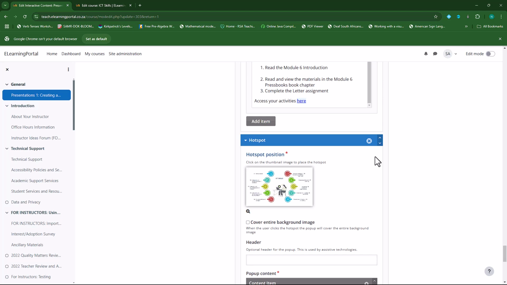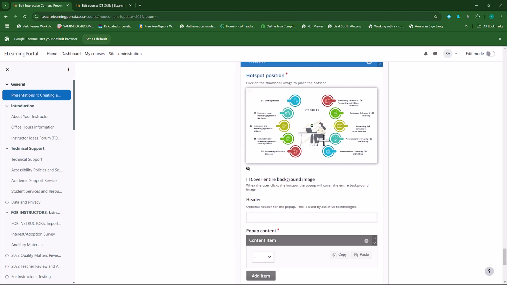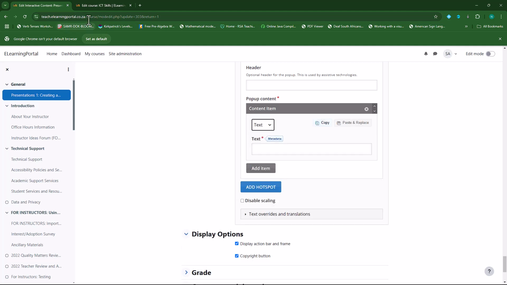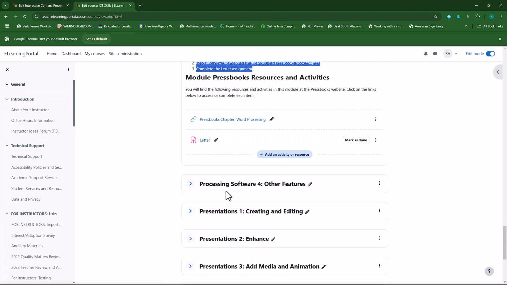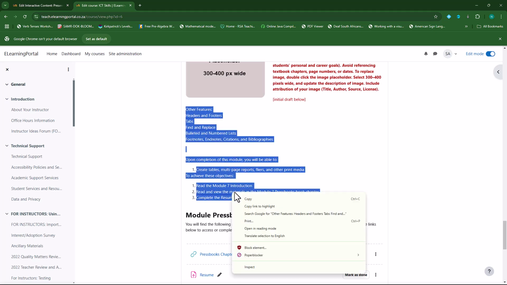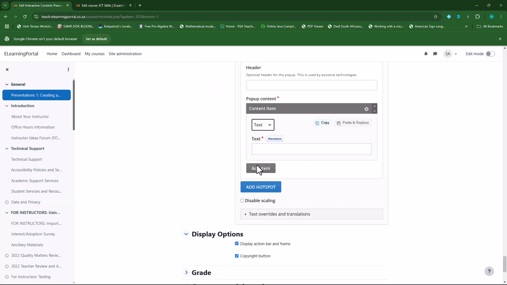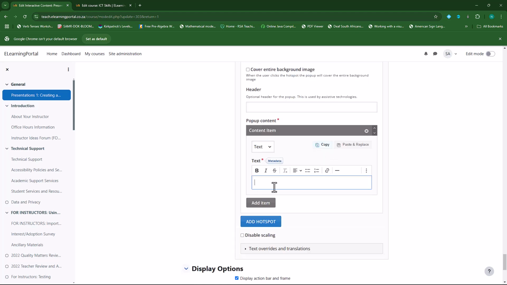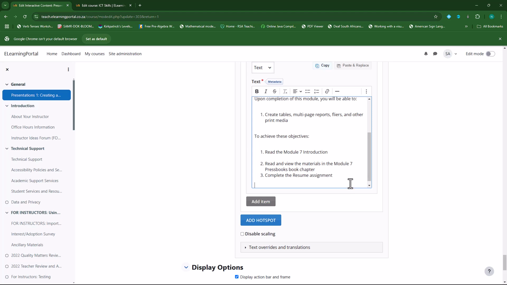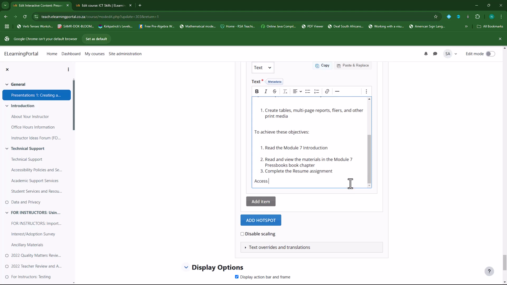And then we add our 8th one. Let's just increase the size there. I'll add it there, and then there's our 8th one. I'll just grab the text there. Remember, you can type text, you can use anything you want to use here. I'm just showing you the text that I have. Access the activities here,